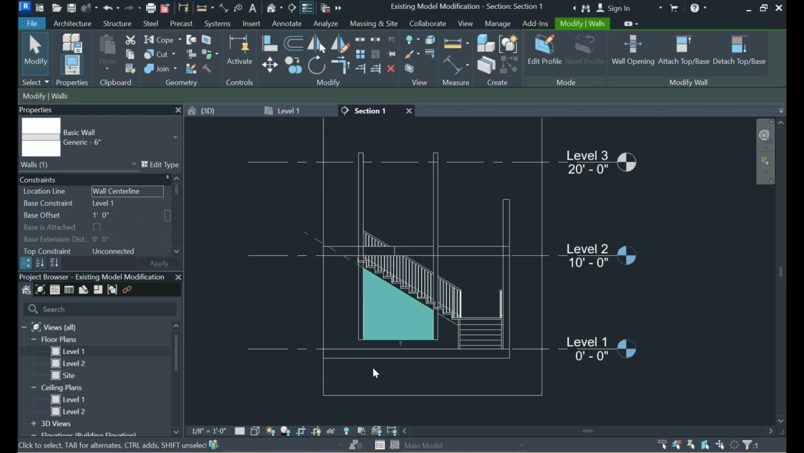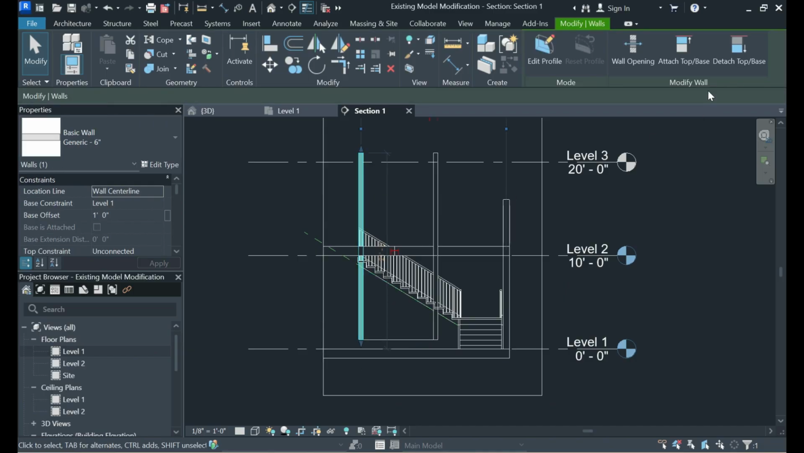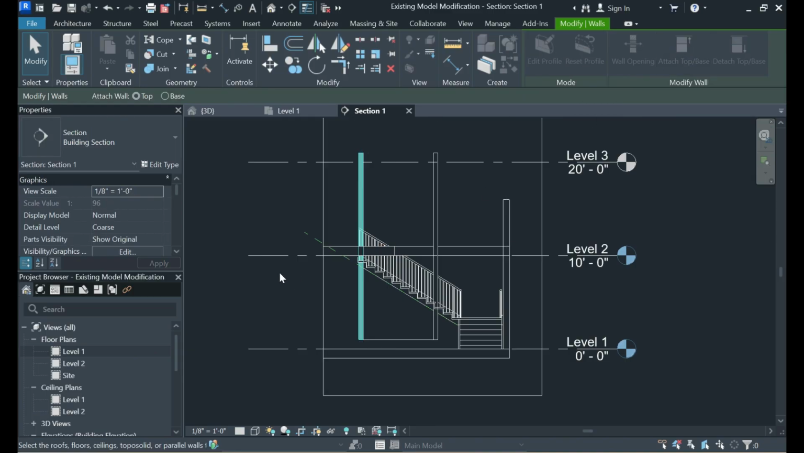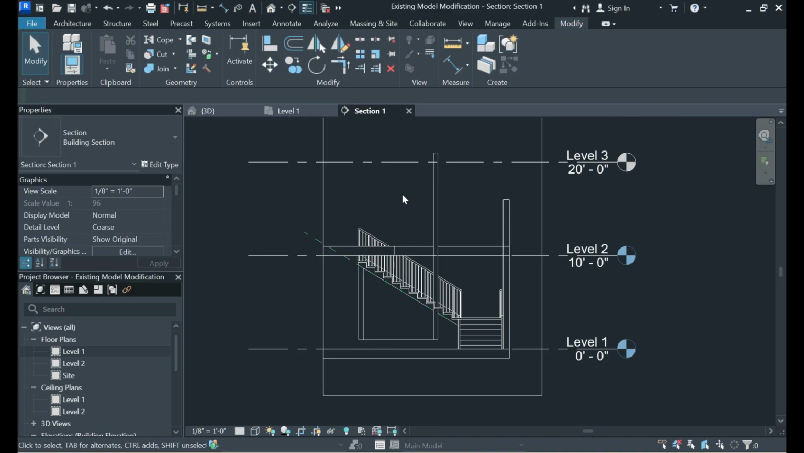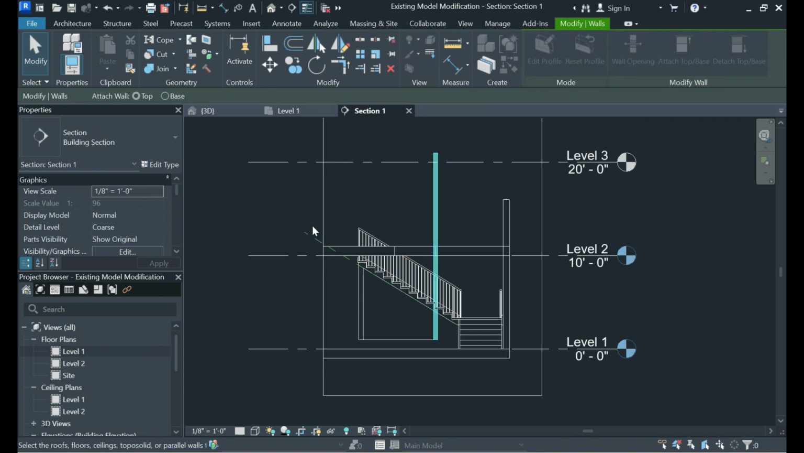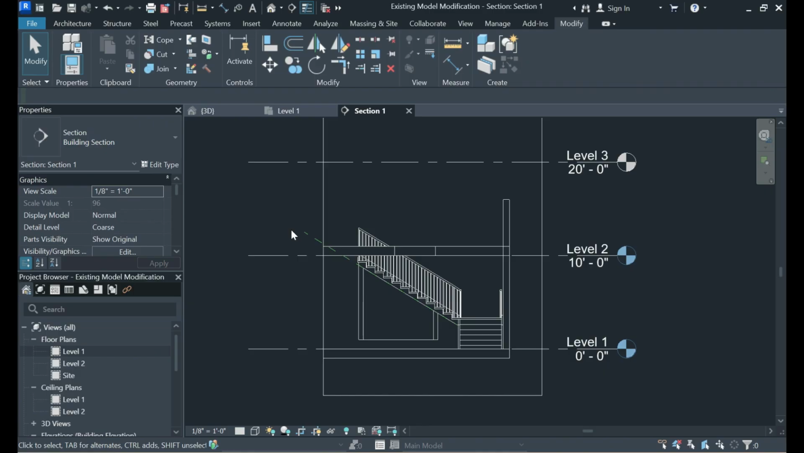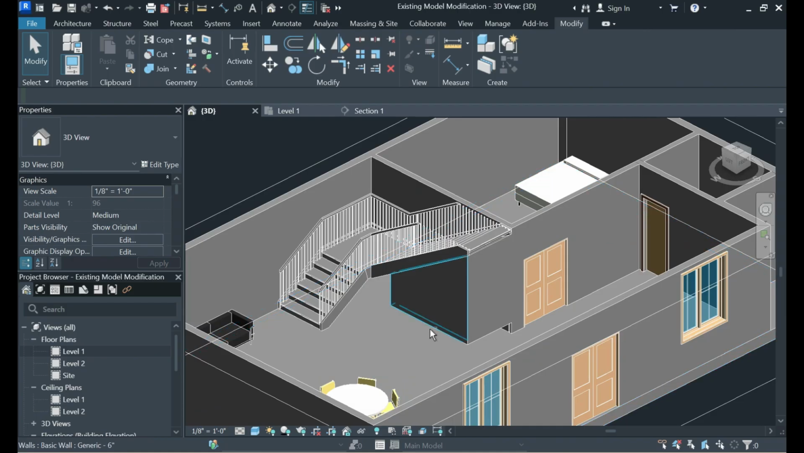This is a perfect technique that we will use. Now again select this wall, click on attach to base and select this reference plane. In the same way we will use this wall, attach to base and click on this reference plane. Now we will check in the 3D view. You can see,